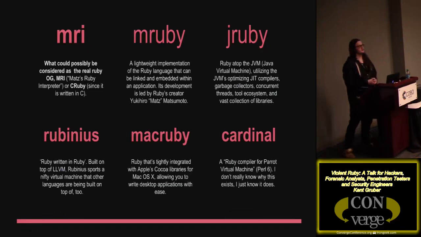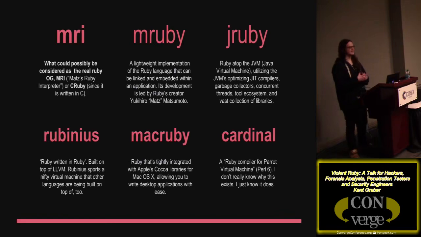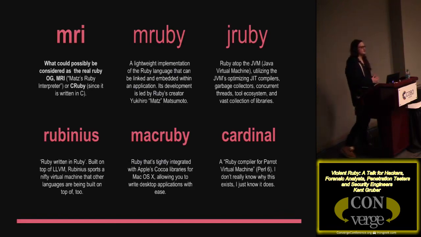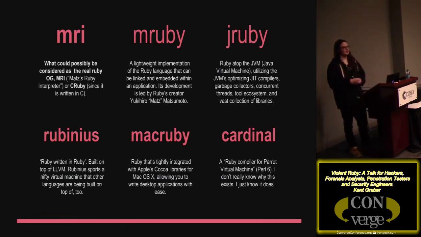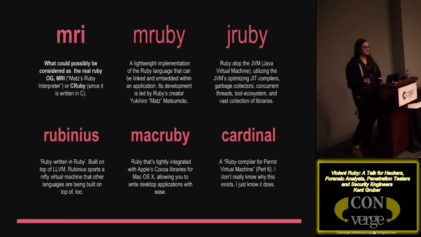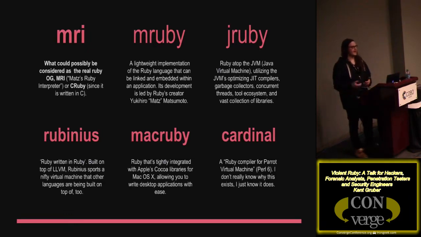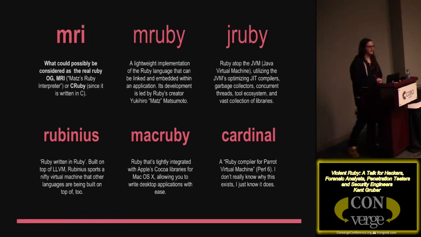Ruby has a whole bunch of implementations, just like Python and other languages. So you have this language that's really cool, but let's say it's slow. The traditional core implementation of Ruby is called MRI, or C Ruby, because it has C under the hood, just like your typical Python. Other people have done other implementations of Ruby, like JRuby, which has the Ruby syntax on top of the Java virtual machine. That's kind of cool, where you can get a lot of speed increases by having Ruby on top of the JVM. Logstash, for example, runs on top of the JVM and has Ruby code underneath. So pretty cool.